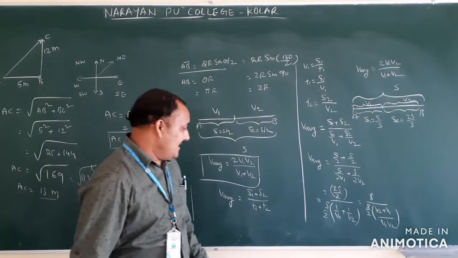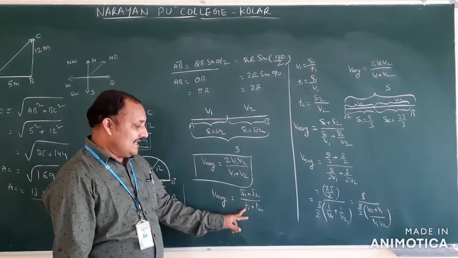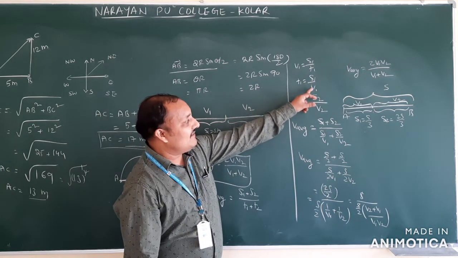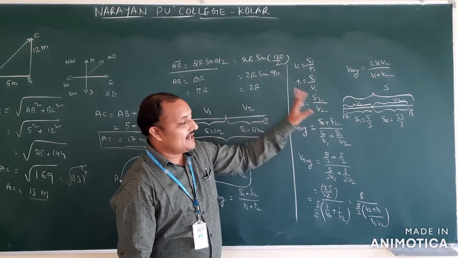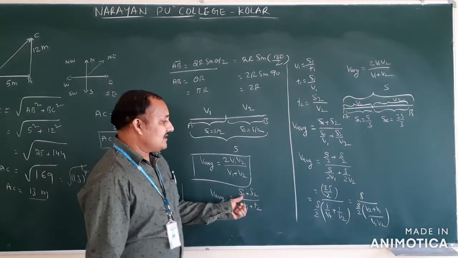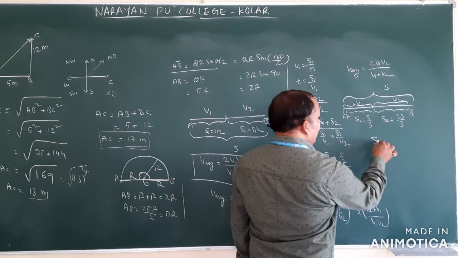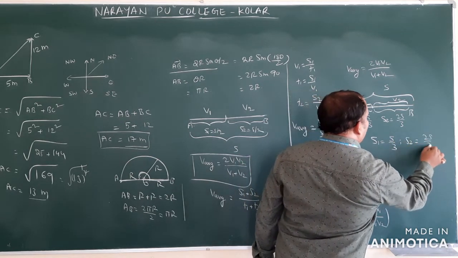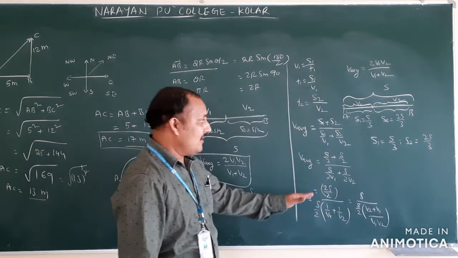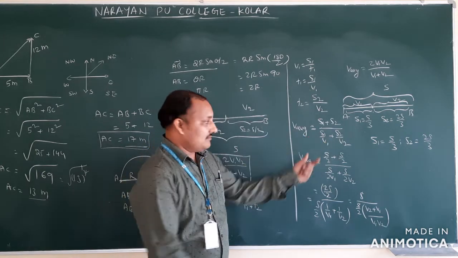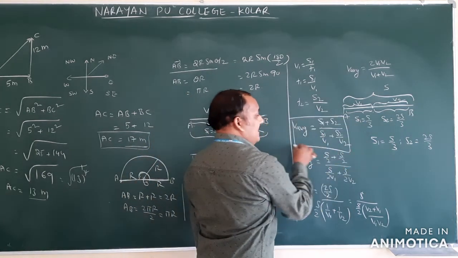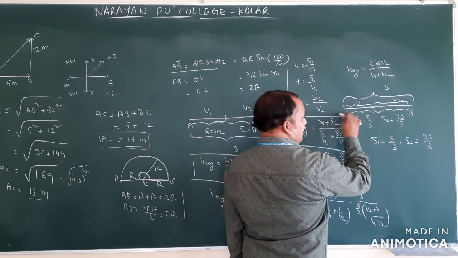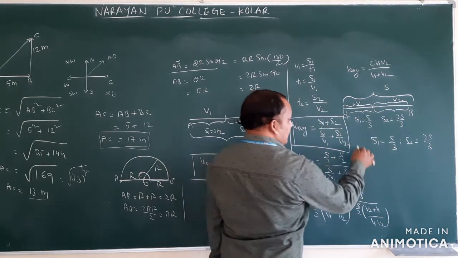Again you have to apply the same formula, s1 plus s2 by t1 plus t2. Again in place of t1 what we have to write? s1 by v1. In place of t2, s2 by v2. But in place of s1 we substitute s1 is equal to s by 3, s2 is equal to 2s by 3. I am not deriving the entire formula. Again I am going from here. Up to here you will get the same, isn't it? Because it is dividing two terms only. First 1/3, second 2/3. Substitute.